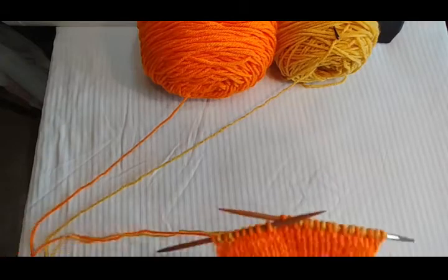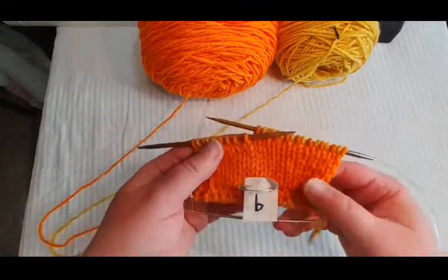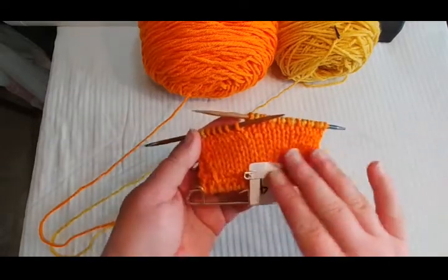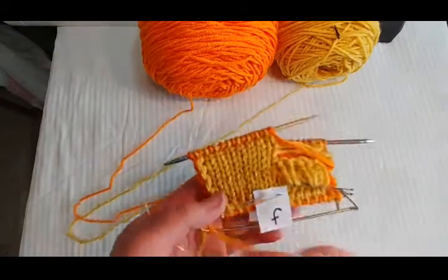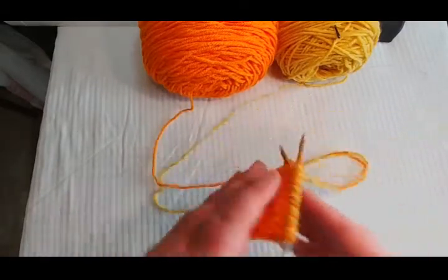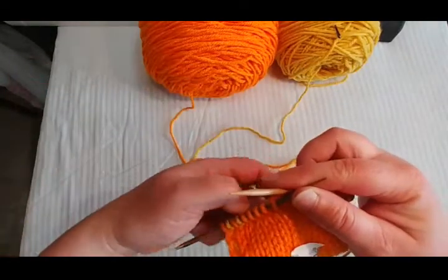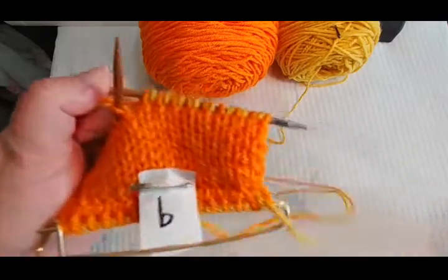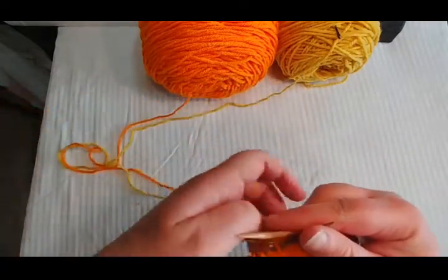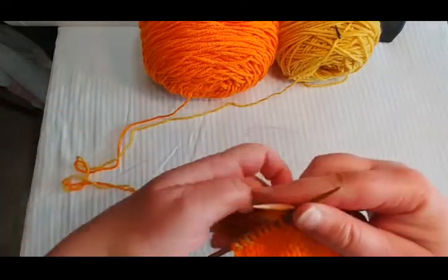Alright, now I have finished doing that bit of double knitting that gets us up to the beginning of the top row of the 5-stitch wide sucker. So it looks like this on the B side, and like this on the F side. This is the row where we sort of pull it all together and turn the weird long stitches into the sucker. But first,